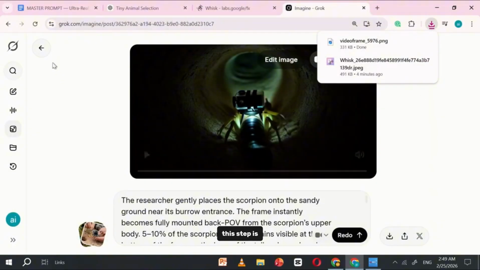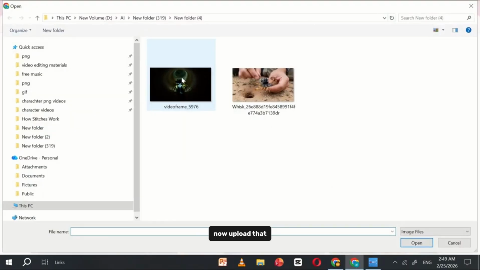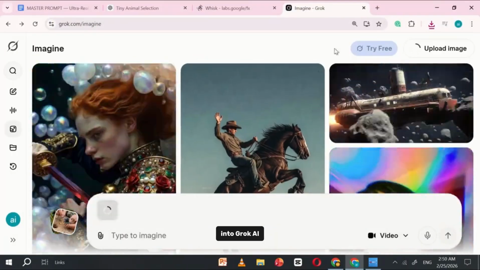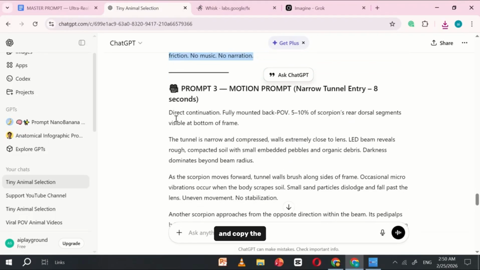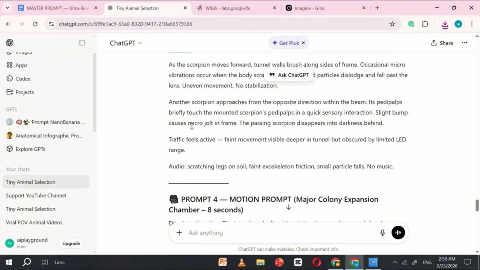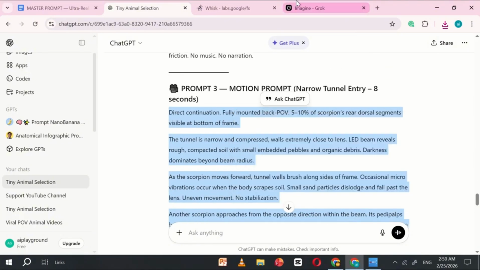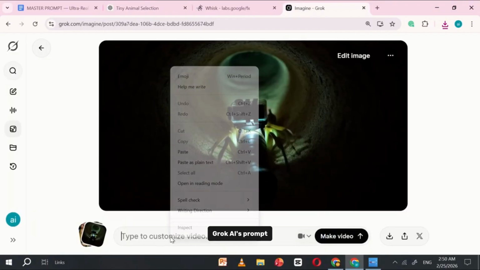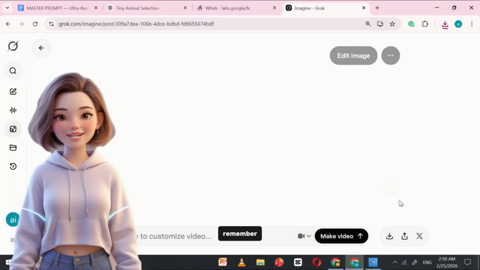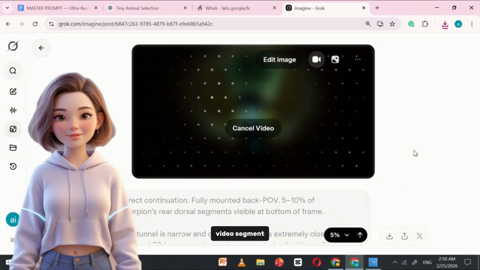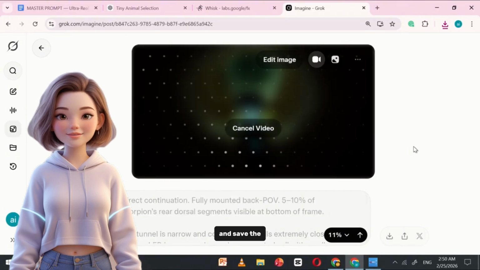This step is very important. Now, upload that last frame back into Grok AI. After uploading, return to ChatGPT again and copy the third image prompt. Paste it into Grok AI's prompt box and click Generate. Remember, each time you create a new video segment, you must copy and save the last frame